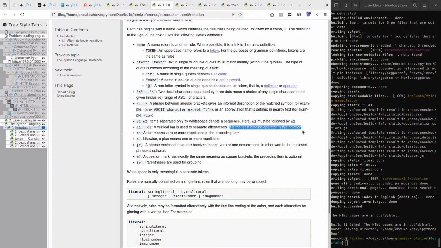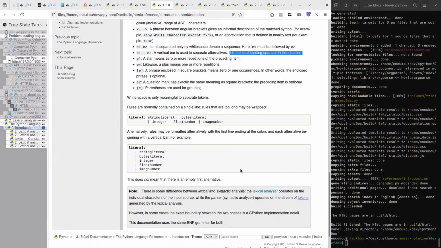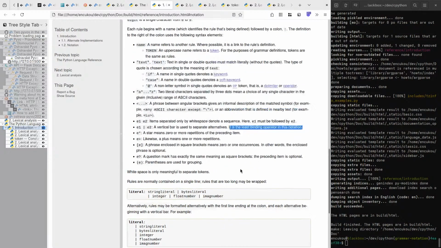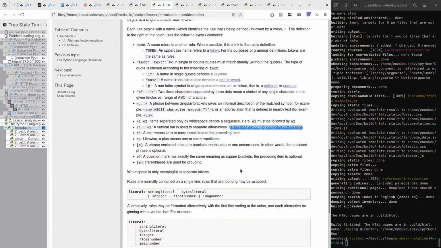Now it is the least binding operator in this notation, which is kind of out of place because nowhere else do we talk about how binding these operators are. And I think the previous one did.